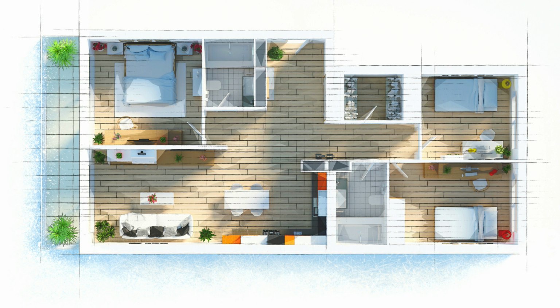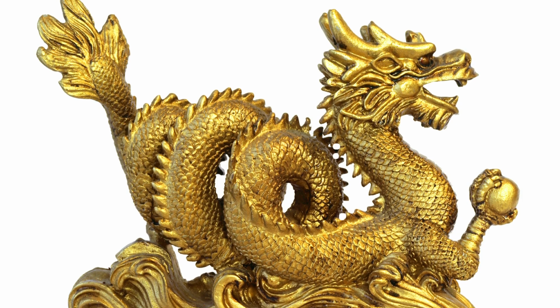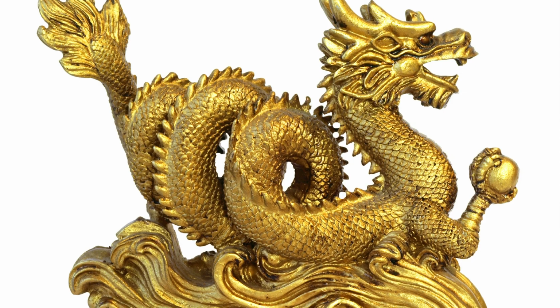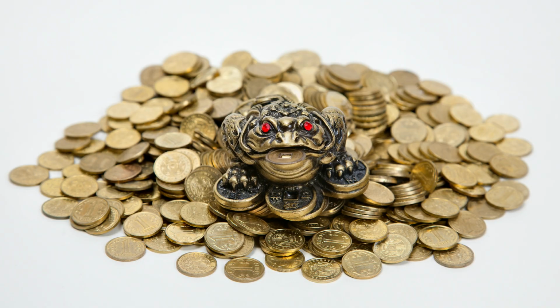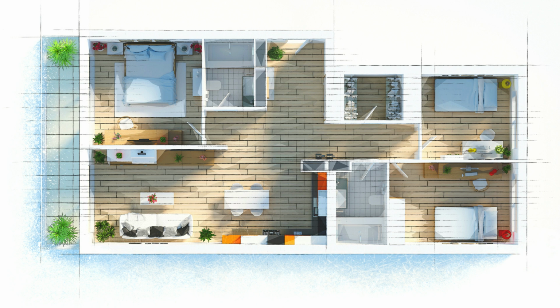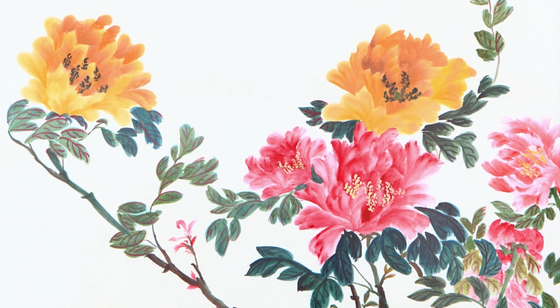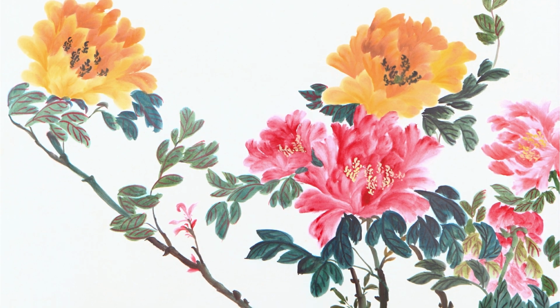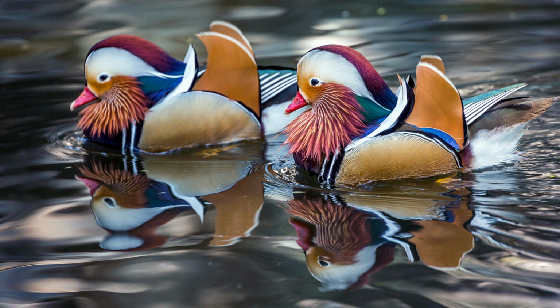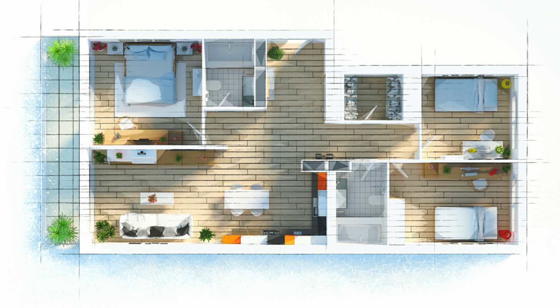For example, for finance and work, maybe you can display some dragon or horse or pictures of waterfall or the money frog on your desk or office, because those are the symbols of success and prosperity. And for the family and relationship, you can display flowers such as peony or peach blossom flowers, or anything in pairs such as Chinese Mandarin duck or a pair of swan or doves in your bedroom.